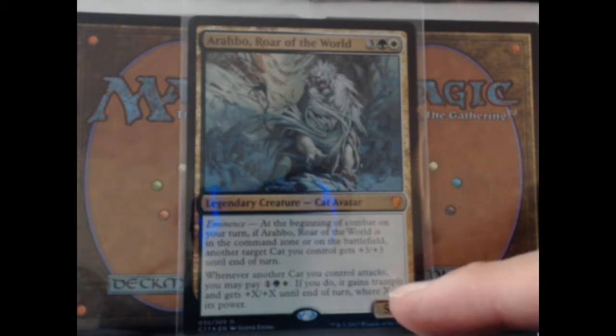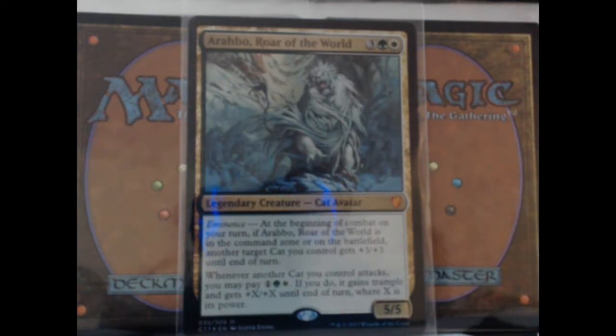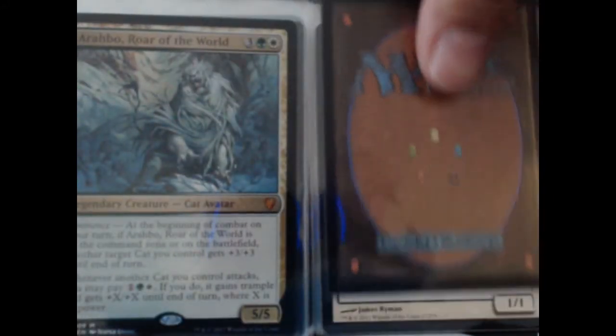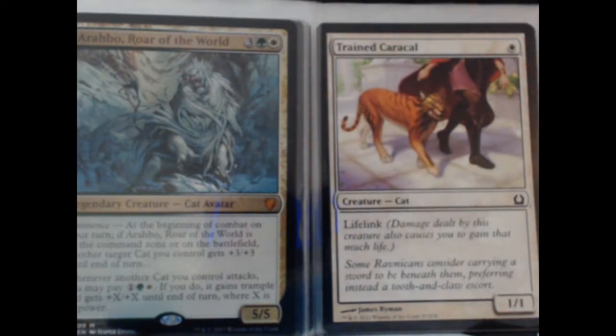You can only use that second ability when he's in play, but he's a 5/5 when he's in play, so why wouldn't you want to have him out there at some point? But because of this first ability, being able to make a cat huge right away, I decided to throw in a couple of low curve cats, like Trained Caracal, a 1/1 lifelink for 1 white mana,